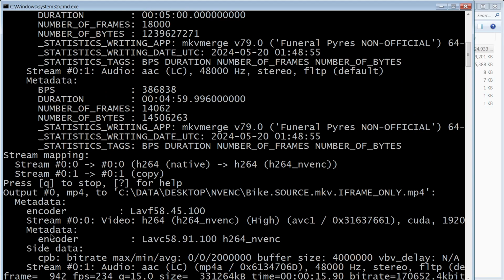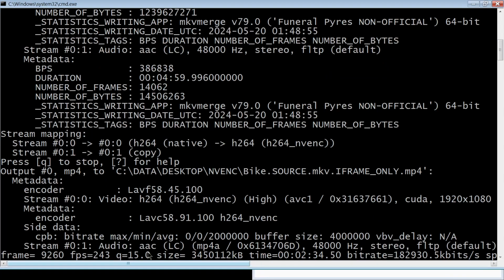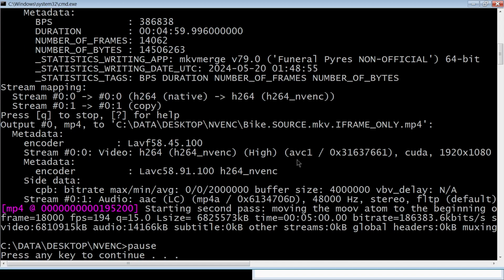And this is just insane performance, and this is bearing in mind that we're already recording another stream, which is this video, and we're getting 238 frames per second, even though we're doing that, which is just totally insane, ridiculous performance. Q equals 15, so there's some sort of discrepancy, because I specified 20, but we're actually getting quantizer 15, which is complete overkill in terms of quality. Doesn't really matter, because it's just a temporary file anyway, which we're going to delete. There we go. And then we're going to close this,